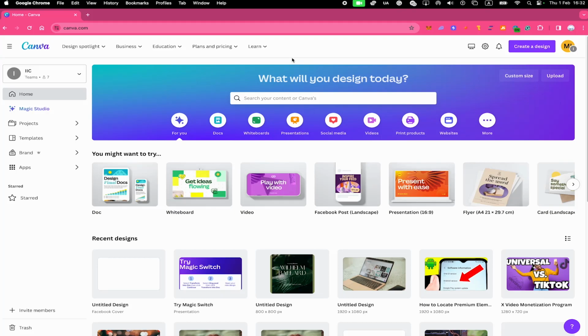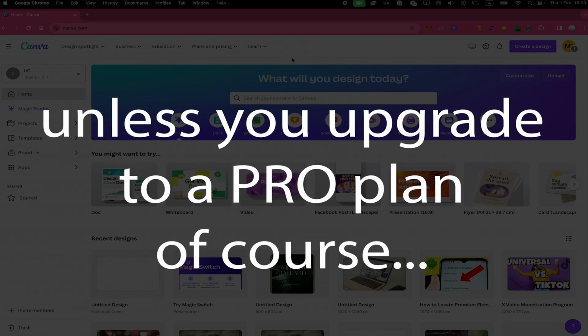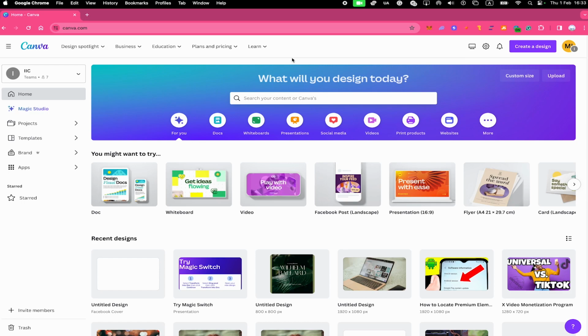In this video, I'm going to show you how to resize designs in Canva. Before we get started though, I have to make one thing very clear. If you're on a free Canva plan, you cannot resize designs after creating them. So if you're indeed on a Canva free plan, it is very important for you to start with the right